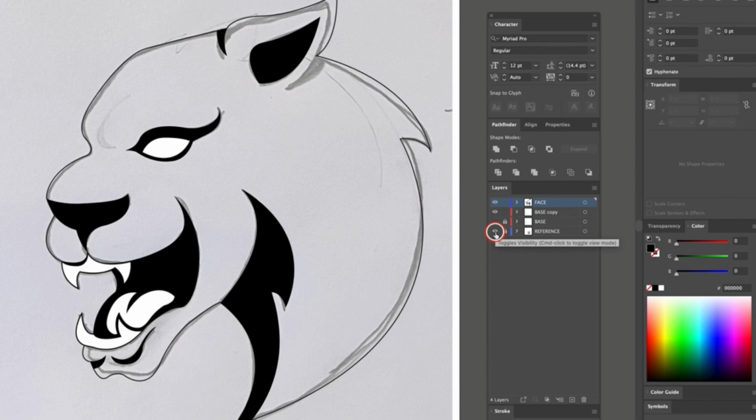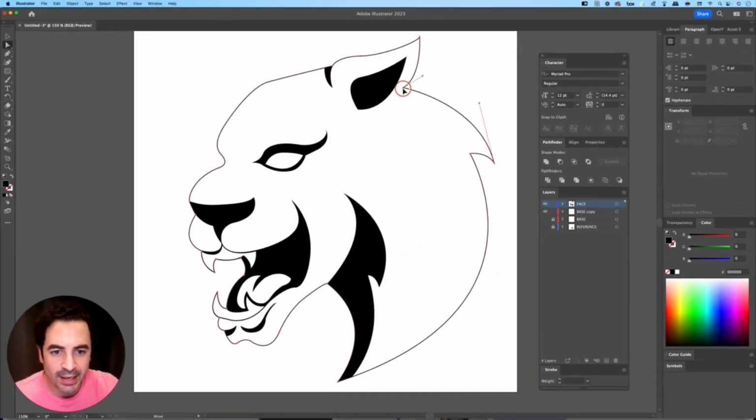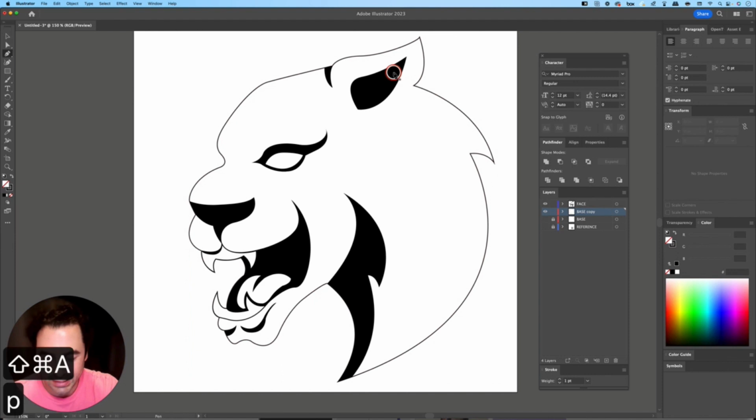All right, and if I turn my reference back on, you'll see we have pretty much everything we had in our original sketch, except for a little bit of detail here around the ear. So at this point, I'm just going to go ahead and kind of freehand that a little bit by first adding a little bit of space here behind the head, and I'll deselect everything, and then I'm going to trace the ear,